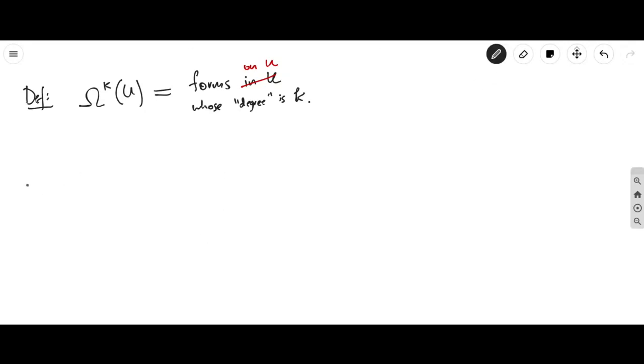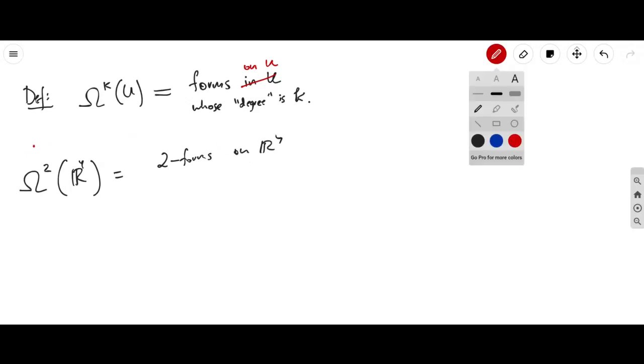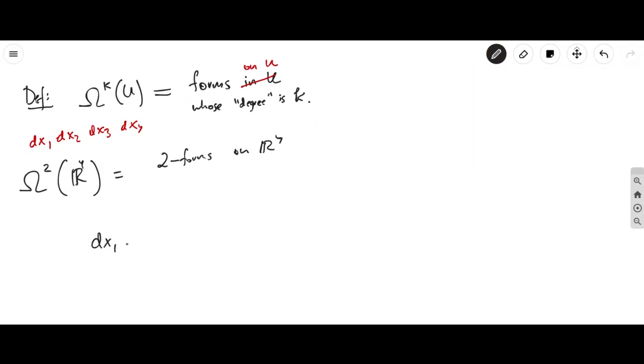So let me just give you some examples. Let's say we talk about two forms. So these are called two forms on R4. These would be two forms of degree 2 on R4. Well, because you're working on R4, you're going to have 4 differential symbols. And then an example of something that would be a 2 form is you can have dx1 wedge dx2, and then you have a coefficient function. Then you have dx1 wedge dx3. You can have some coefficient function